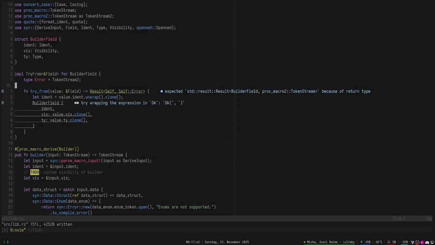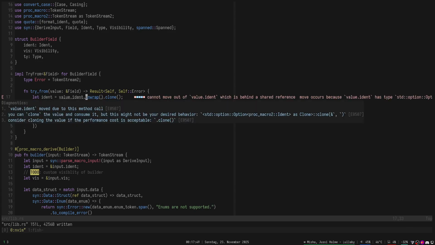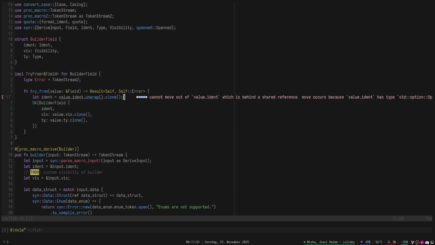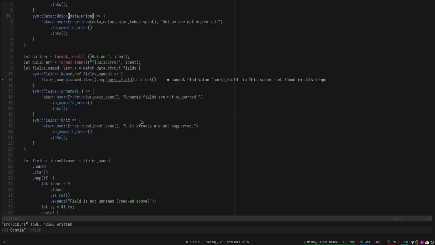And this is going to be okay and okay. Great. Value ident is moved. That's fine. We can say, instead of unwrap clone, we can say clone unwrap. And I guess we can also just put this in line. I'm not sure why I didn't. Great. Now we can call